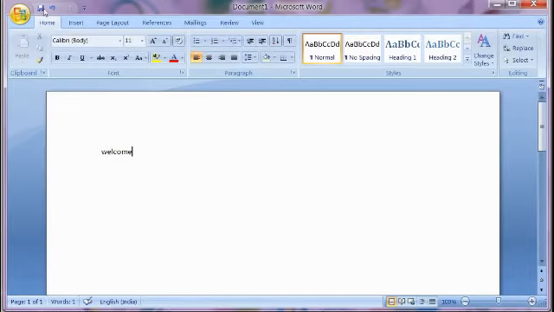See, this is called the quick access toolbar. This is called the Office button. The whole bar is called the title bar. And in the top right corner we can see three buttons: minimize, maximize and close. Okay, the next one is the menu bar. The next bar is called the ribbon. The ribbon is divided into two: one is tabs and the other is groups. Okay, this is called the working area.